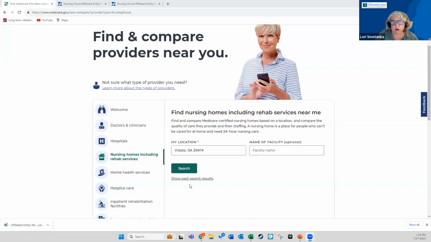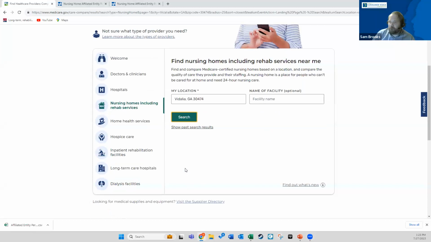Sure. There are comments we'll be sending back to CMS, but if you could just walk that through, Sam. Sure, you should be able to see my screen now. Here we are at the Care Compare. Again, we're entering the area where we want to go. I just randomly used Vidalia, Georgia. You press search, and